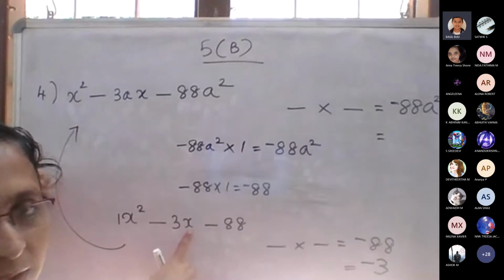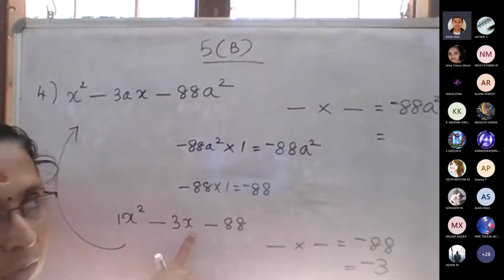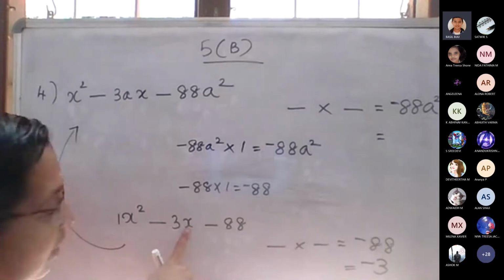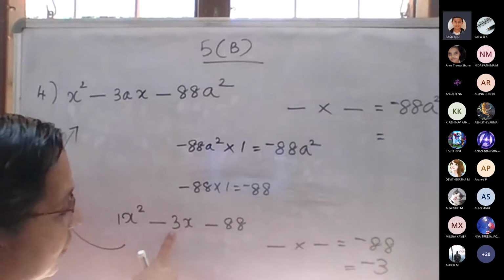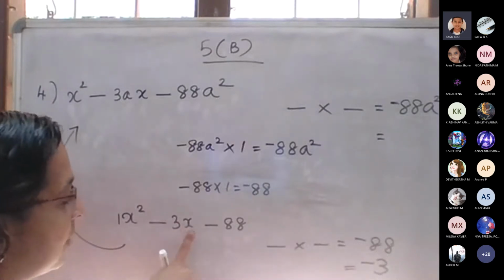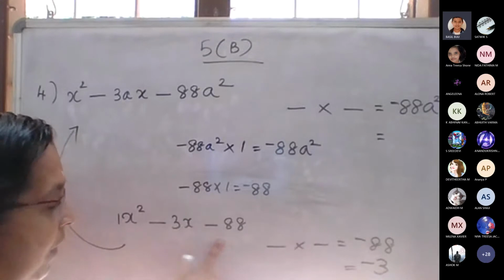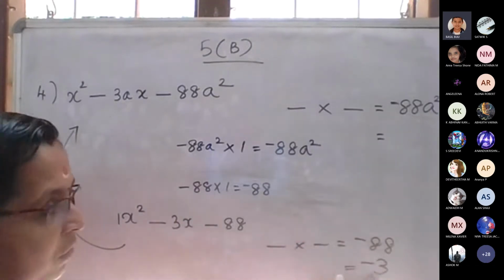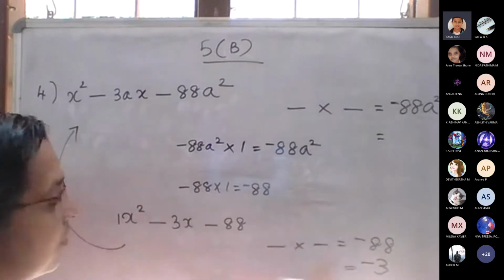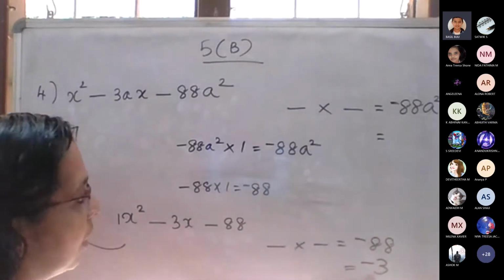That means it contains the variable x. Variable x is there, so we are taking the coefficient of x only. That is negative 3. Negative 3 is the coefficient of x. It's a quadratic in x: x square, x, without x. So the x coefficient is negative 3. In the same way, in this question, if we add or subtract, we are taking it as negative 3.